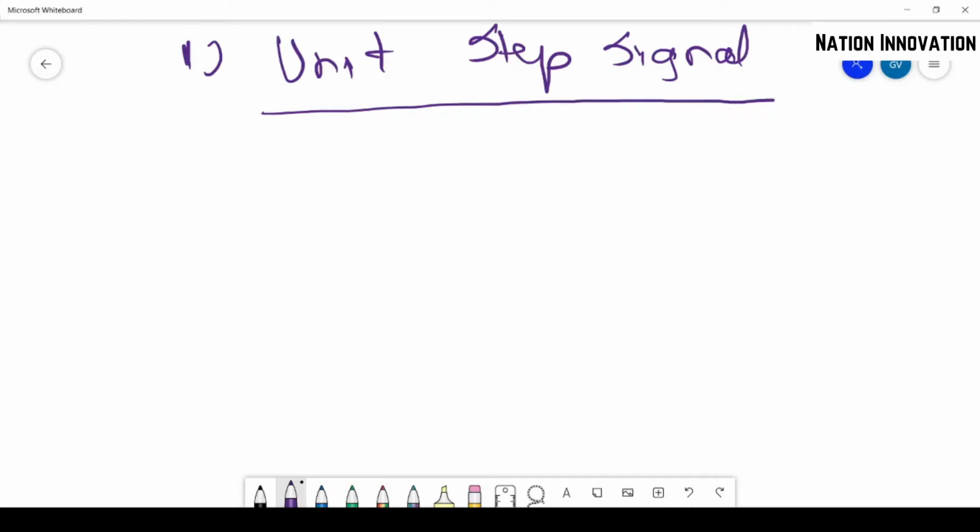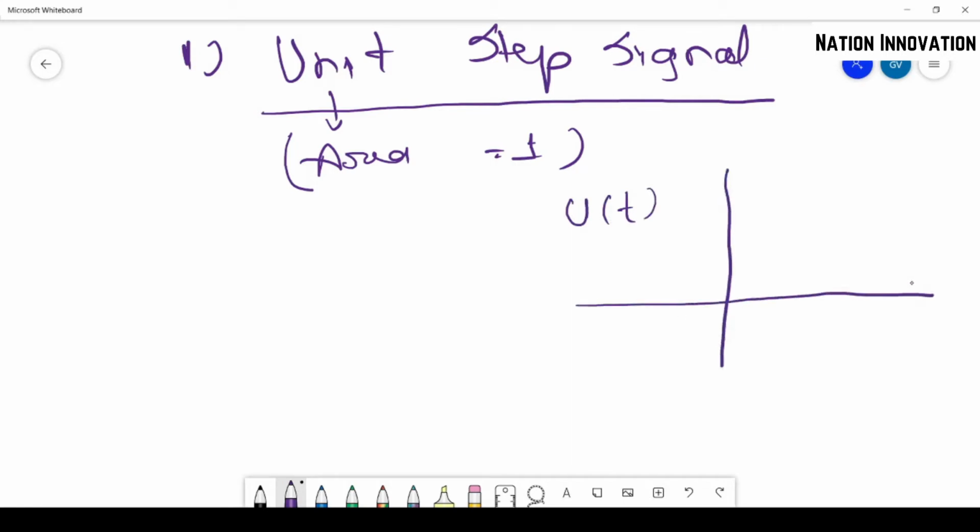Unit step signal. Here we have a unit step signal. Unit means area is equal to 1. Unit means area is equal to 1. So basically the unit step signal is defined as u of t, and its pictorial representation is